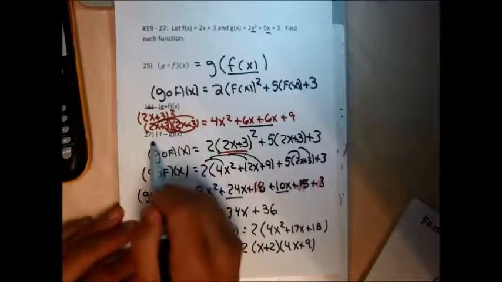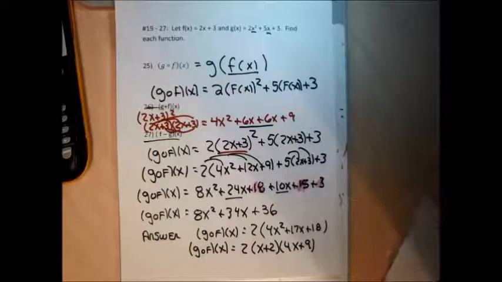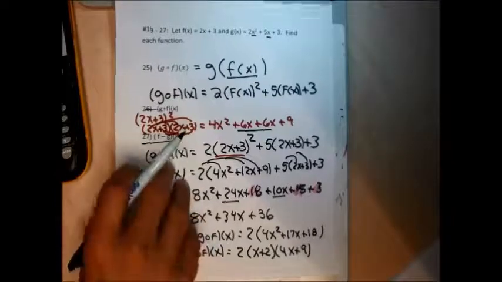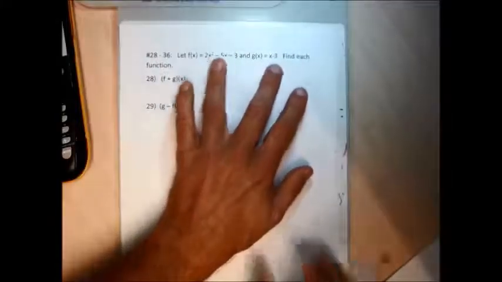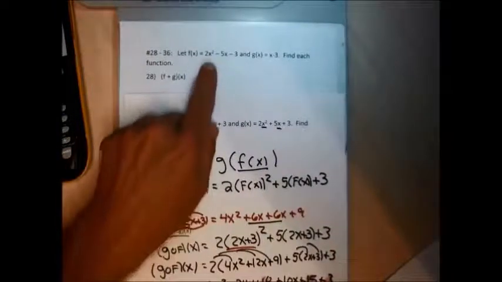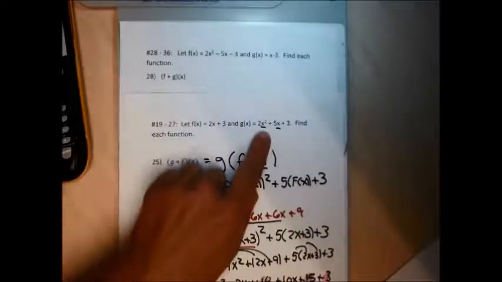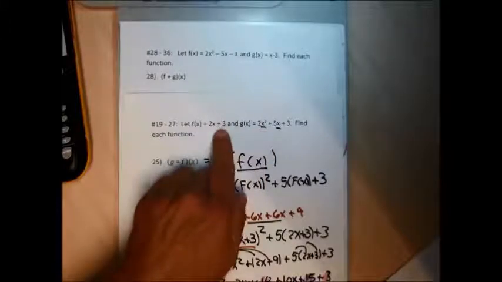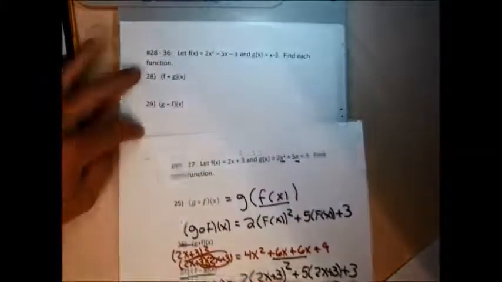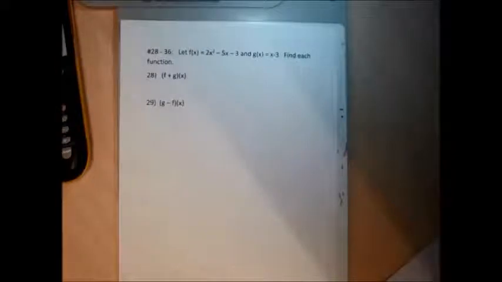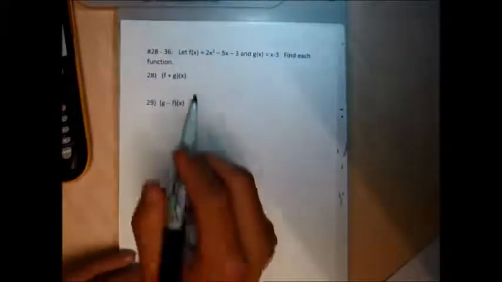So I'm skipping 26, you should do 27. I'm going to do 28 through 36, and then I'll break this into a part 2 video. So 28 through 36 are exactly the same set of questions. I really just changed the g of x, I think. I changed the f of x to something that's very similar to that g of x, but different. So they're different functions, but the same kinds of questions. So for problem 28,